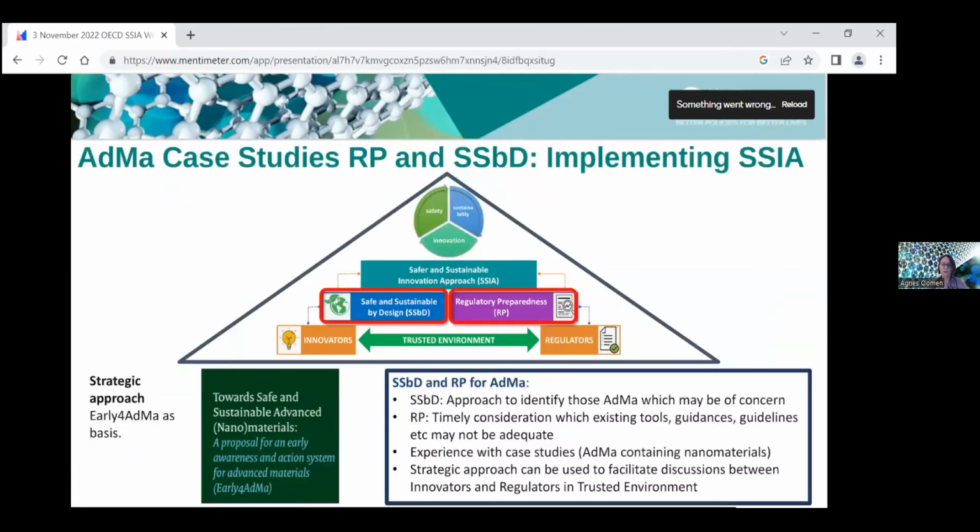So that brings me to my last slide here. And what I really want to emphasize is that there is this connection between the steering group on SSIA and the steering group on advanced materials, where we're working towards implementation of regulatory preparedness and safe and sustainable by design for advanced materials by working on an approach to identify those advanced materials and those issues for advanced materials which